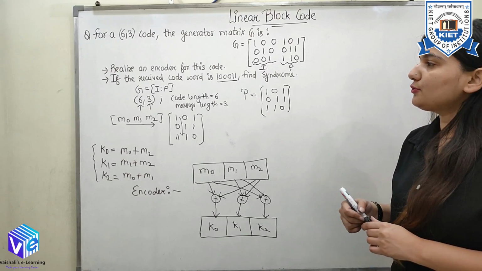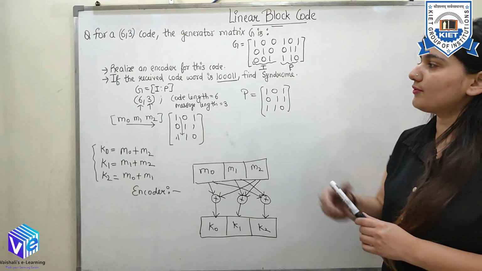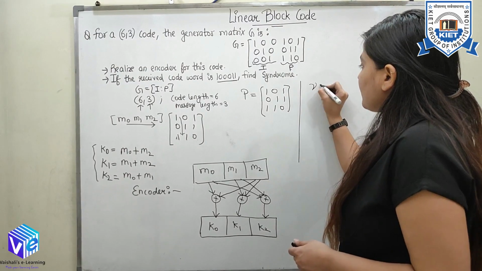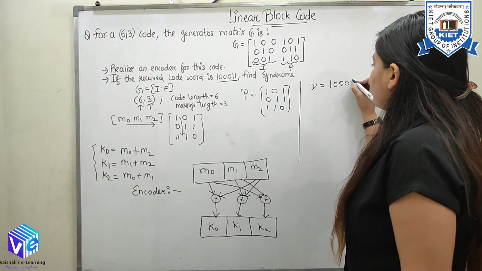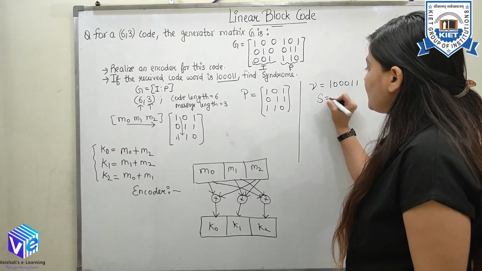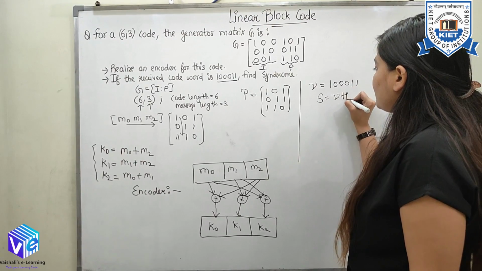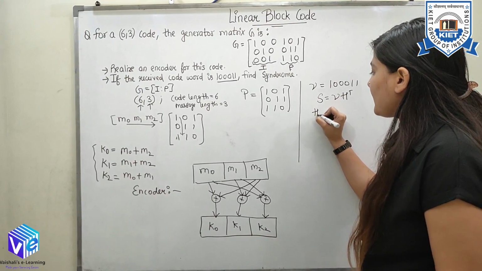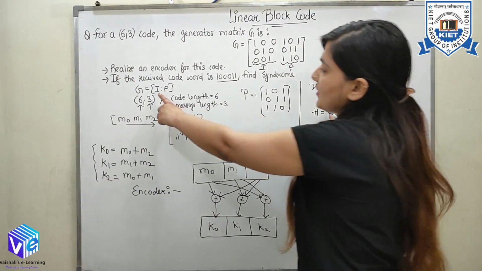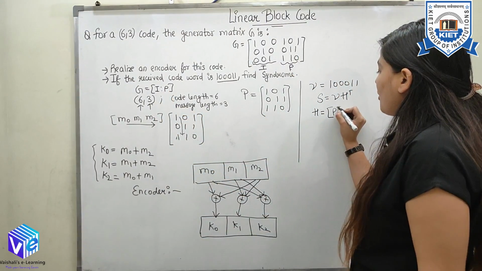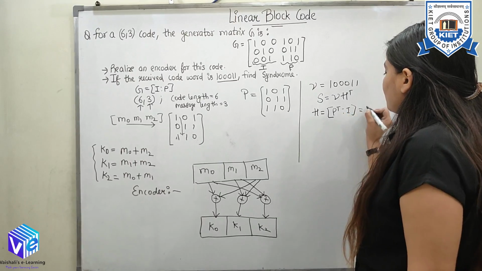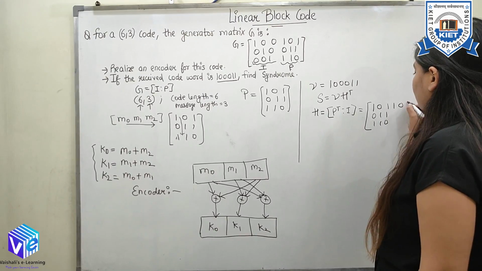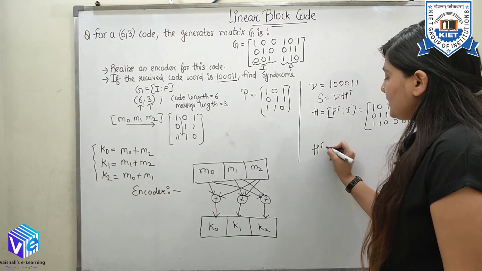Now coming to the second part, the received code word is 1 0 0 0 1 1. Now I need to find the syndrome. The syndrome, I know, is equal to the received code word multiplied by the transpose of the parity check matrix H. Now G is in the form [I P], so H would be in the form [P transpose I]. So H transpose would be,